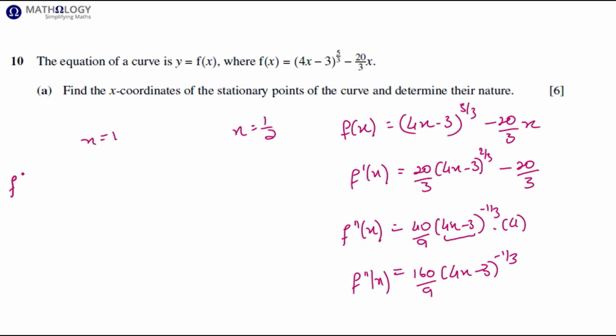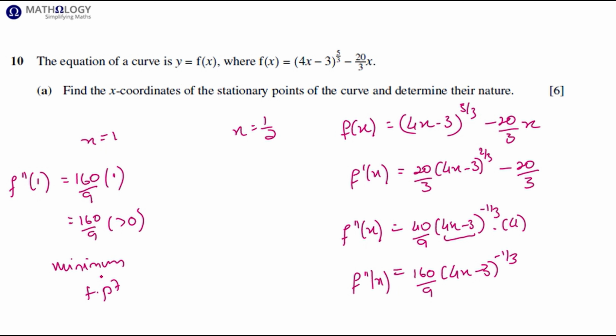So f prime of 1 will be 160 over 9 times 4 times 1 is 4, minus 3 is 1, to the minus a third is still 1. So that's 160 over 9, which is clearly greater than 0. So we're going to have a